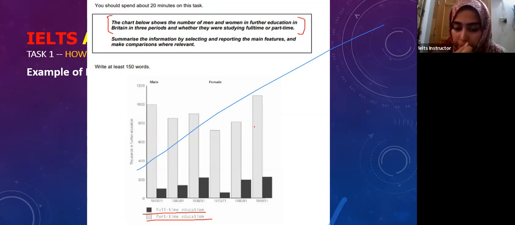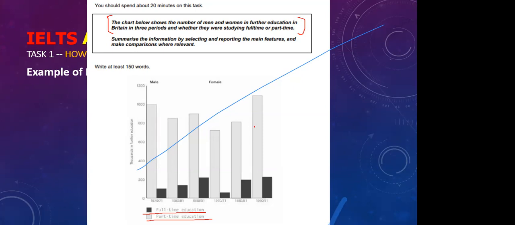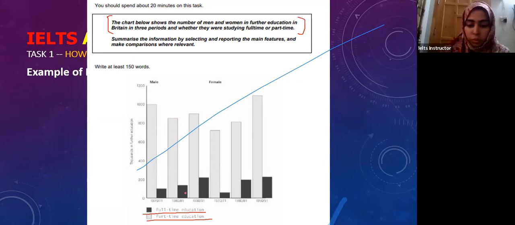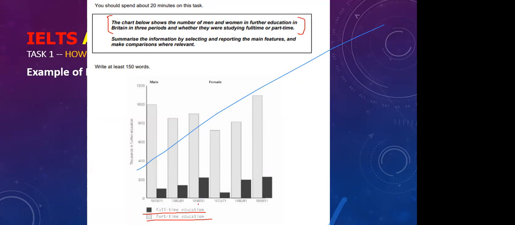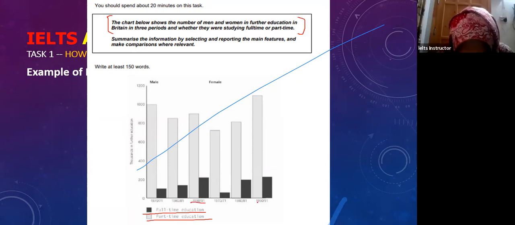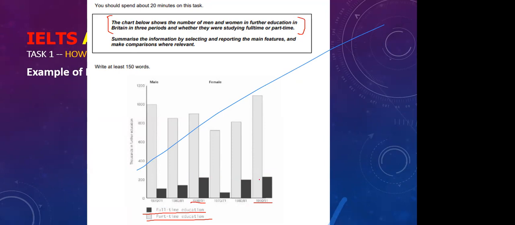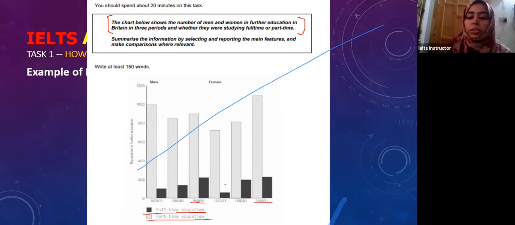पार्ट टाइम में या फुल टाइम में? यस मैम, ये जो है ना फुल टाइम में हो रहा है ज्यादा ना, मतलब शो. ओके, तो फुल टाइम यहाँ पे हम देख सकते हैं कि द फुल टाइम इज शोन बाय द डार्क कलर. तो वी कैन सी दैट इन फ्रॉम 1990 to 1991 both the male and female have the same ratio. ठीक है, इसमें किसी की ज्यादा नहीं है. एक ही नंबर, मतलब एक ही अमाउंट ऑफ पीपल जो हैं वो इस टाइम फुल टाइम एजुकेशन हासिल कर रहे